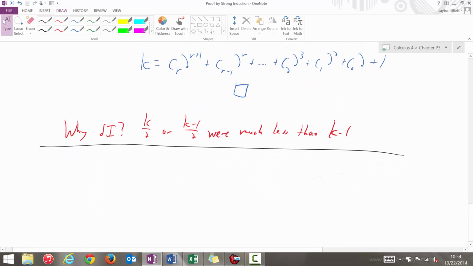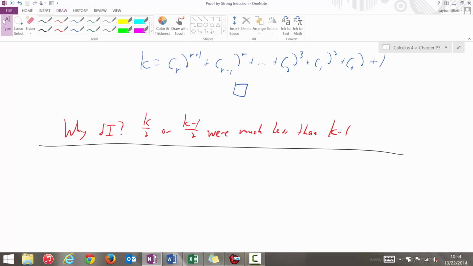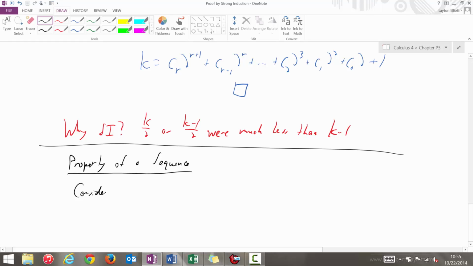Last problem. This is a problem variant called properties of a sequence. We've seen a few of these before. Now we're going to prove a little bit more with strong induction. So we're going to consider the sequence A1, A2, A3, where A1 is 1,